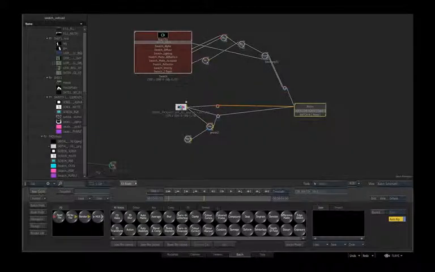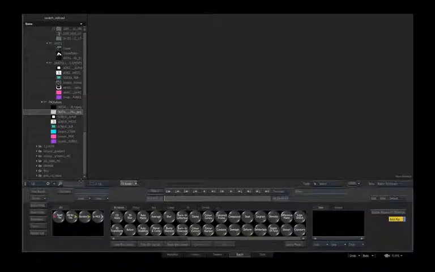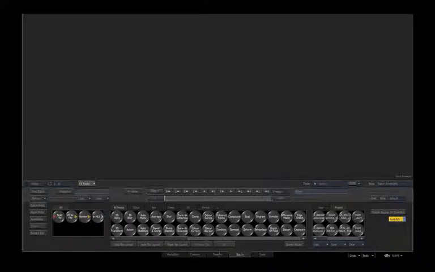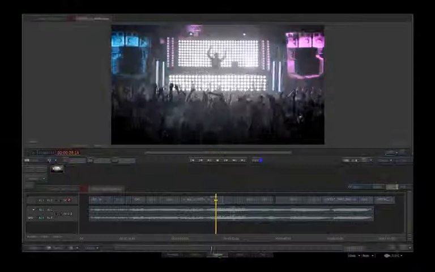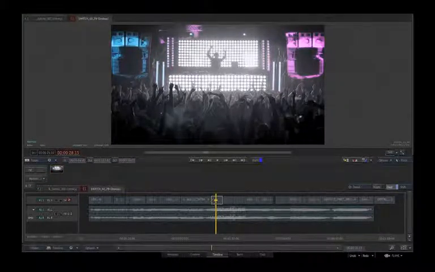So let's take a look at one more shot. Back in our timeline here, there's a shot where our DJ starts up the dance floor. And really what's happening here, if you think about it, is it's a tracking shot, a moving camera, that reveals the